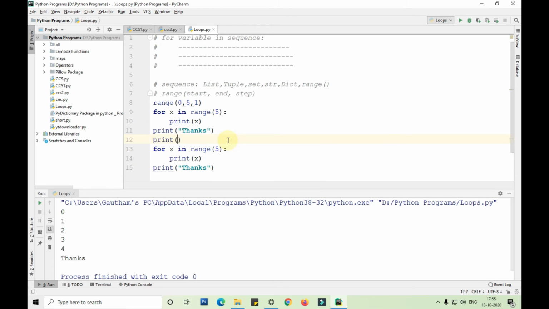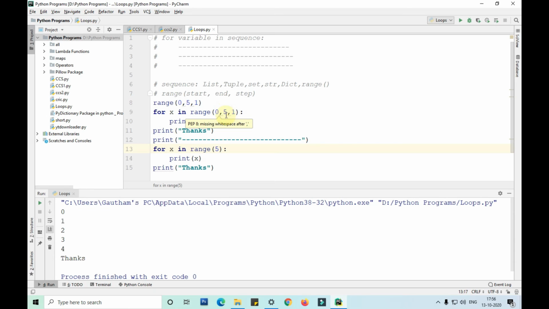Print a line here. Let me show you the difference, guys, with the start, end, and step. Step is 1 here. So as I've told you, the start is by default 0 and the step is by default 1.